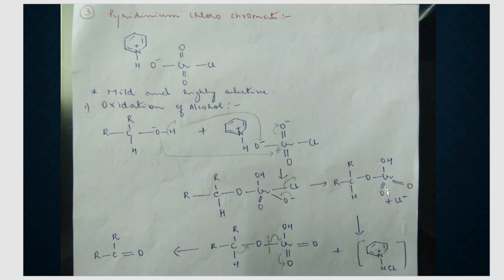What do we get now? C double bond O, because this minus got shifted as a bond. This is gone. Cl is gone. So C double bond O, one OH is there. Now what you want to get is a ketone compound. So once again this step is nothing but breaking or cleavage of the oxygen metal bond. How does it take place? This bond shifts here as minus charge on oxygen. So in order to neutralize the plus charge on chromium, this bond shifts on to chromium. So there's a breakage in the oxygen and metal bond. Here what happens, since oxygen is having a plus charge, there's elimination of this proton or H, and this bond shifts here as a double bond, so we get a ketone.